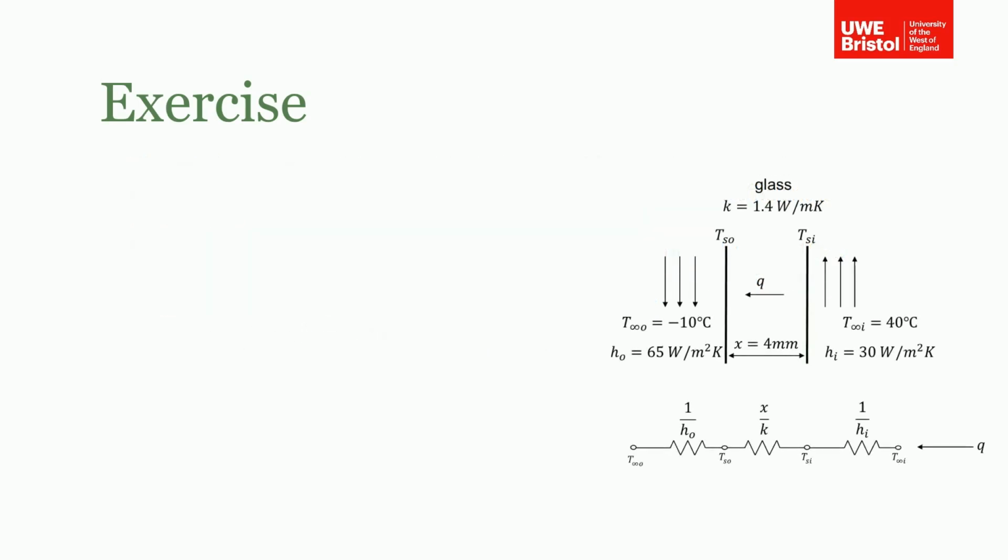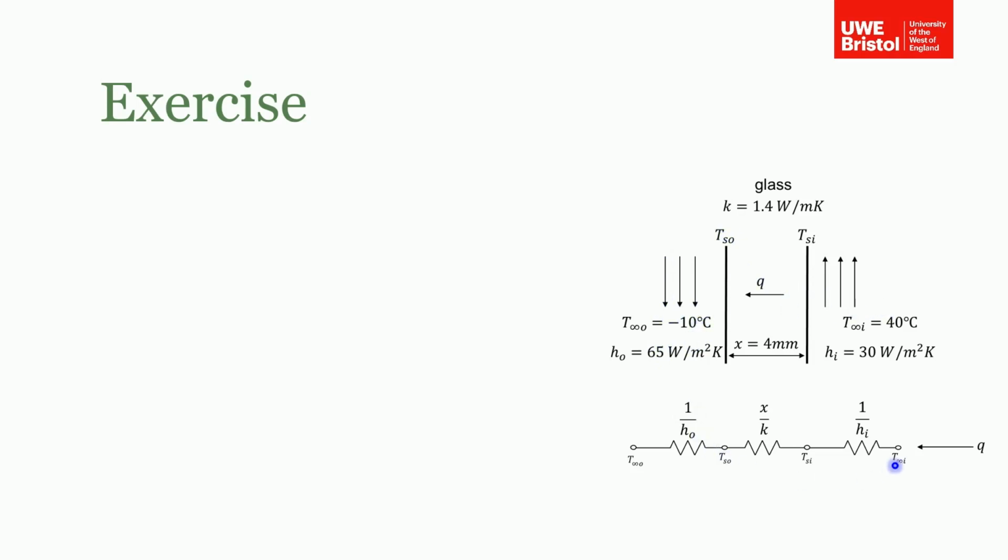So again, the way you start this is draw a sketch. So this is the inside of the window, so you're passing warm air over at 40 degrees C, and you've got the convective heat transfer coefficient, thickness of the glass, the inside surface temperature, and the temperature on the surface on the outside, and that air is passing over at minus 10, and here heat transfers from left to